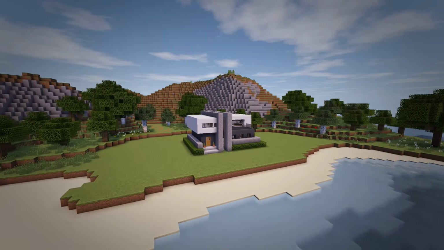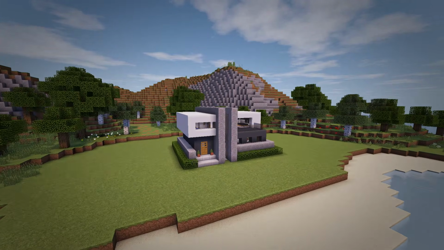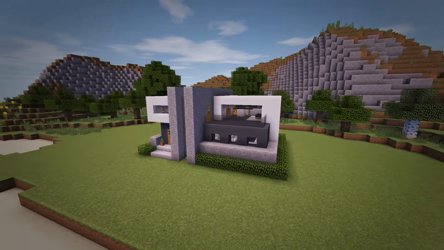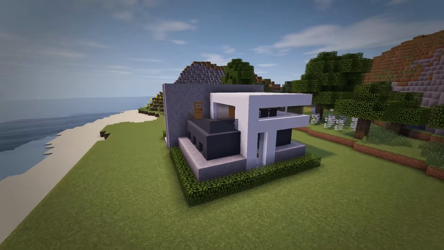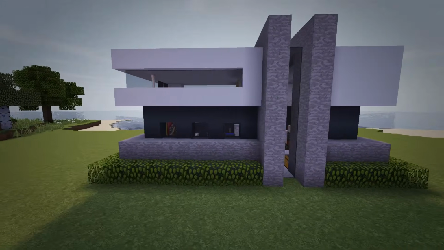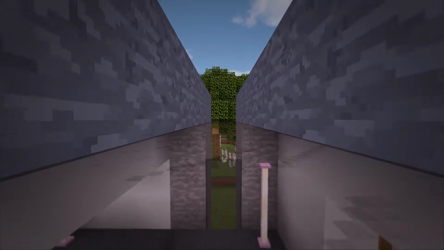Now the house I'll be building today is quite unique as it comes with a long window that spans across the front and back of the house between a couple stone beams, as well as featuring many other cool things like its large second floor deck area. Not only that, but the house's compact design makes it quick to build while also providing plenty of rooms and space for everything you need. So without any further ado, let's get right into building it.